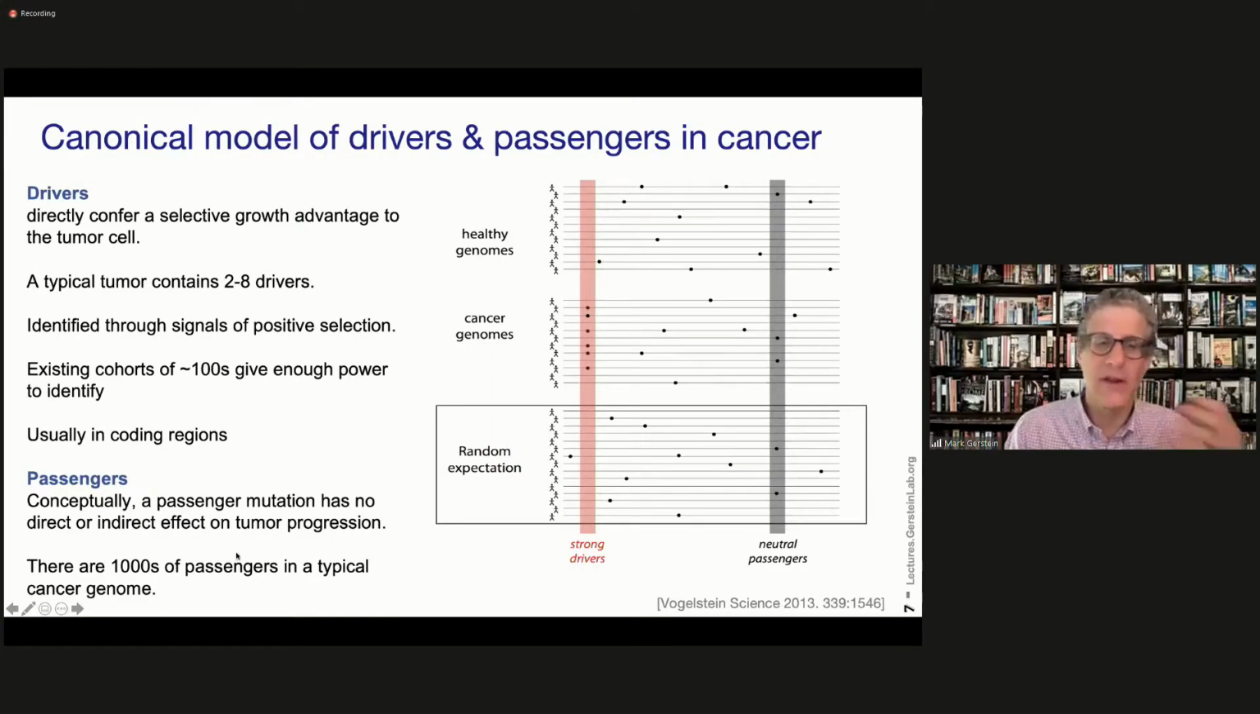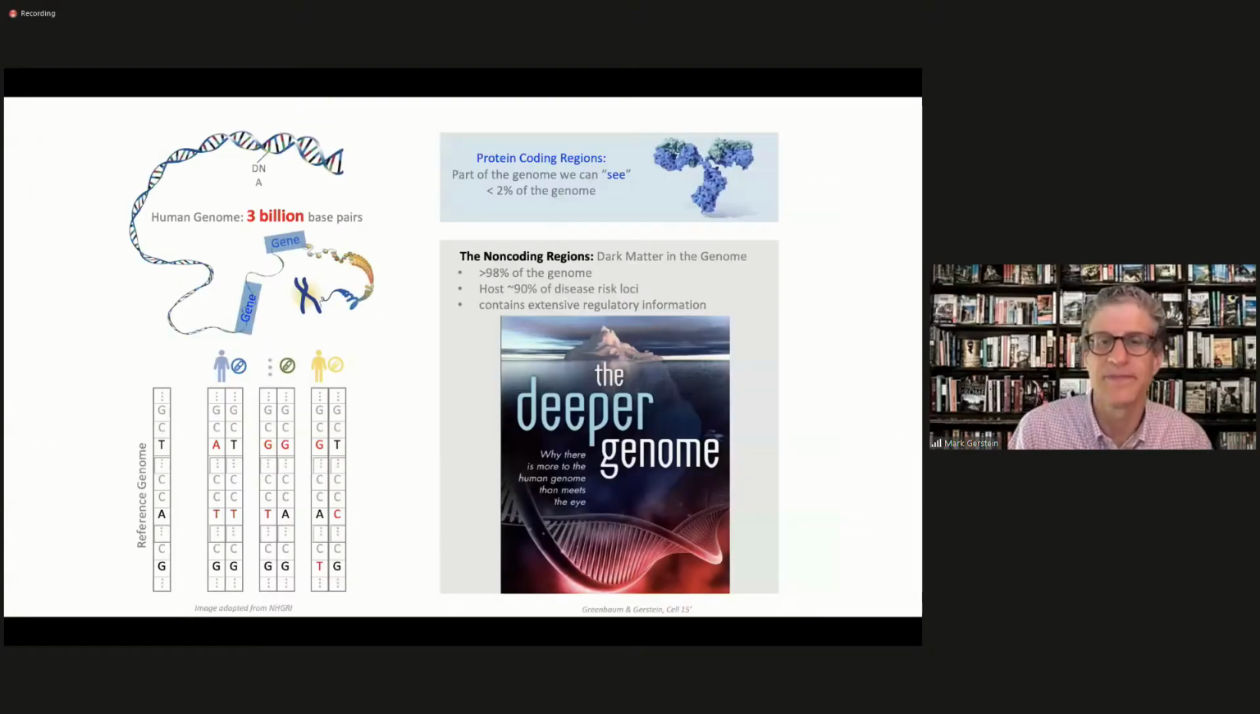And so typically the thought process is we'll have thousands of passenger mutations in a typical cancer genome. And this is, I would say, the dogma, and we're going to challenge this a little bit today, but we're mostly going to build on it in discussion. So as I've said to you, a key aspect to think about is that the protein coding regions of the genes, at least, occupy only a small fraction of the genome. And so most of our genome, most of our 3 billion or so base pairs, is